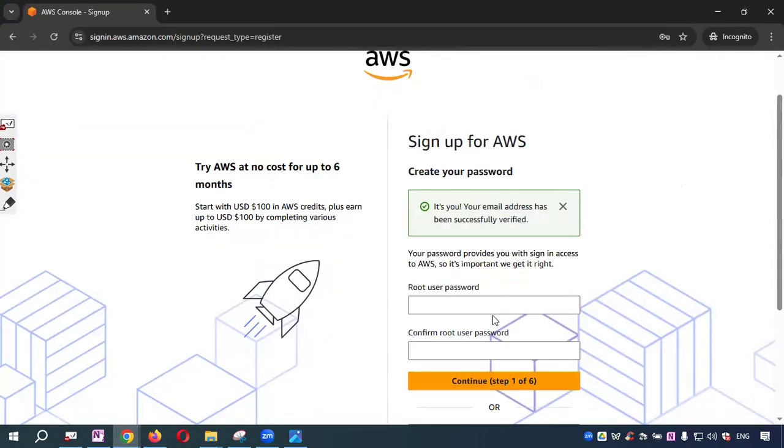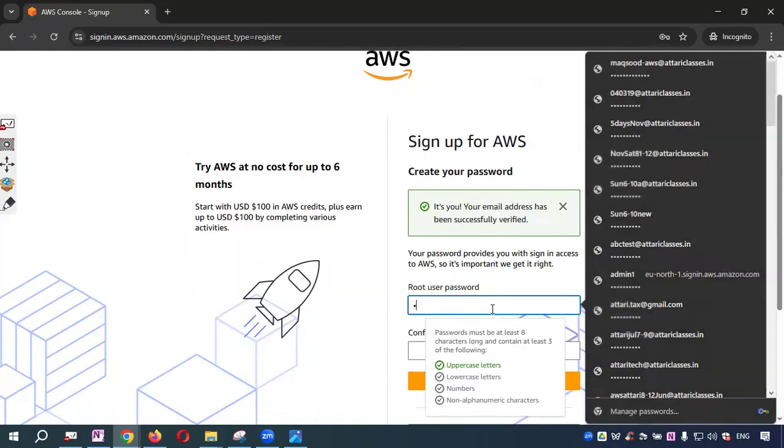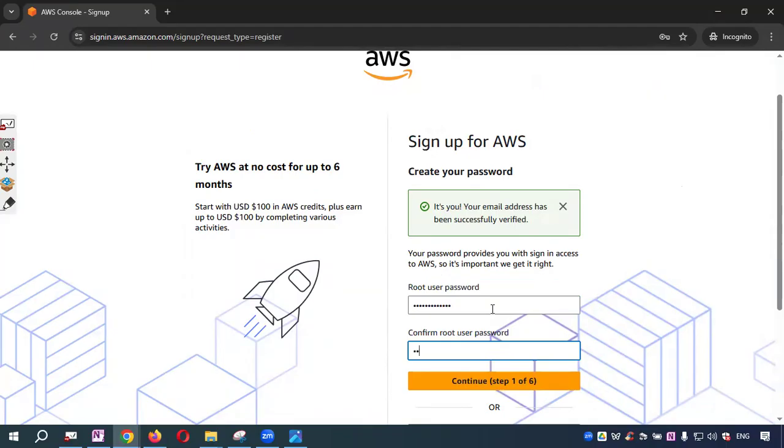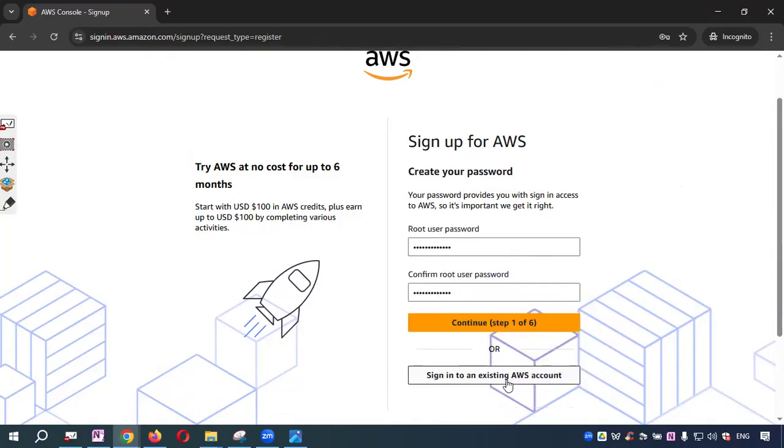Now, it will ask you to put a password. You can go ahead and put some complex password with alphabets, with numeric digits, with some special characters, and with one capital letter, whatever it is. One capital alphabet. And now I will go ahead and say I want to continue. Once I say continue,